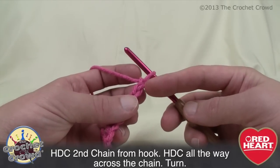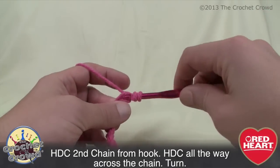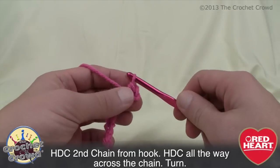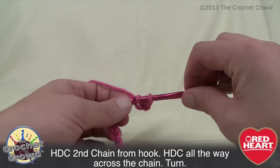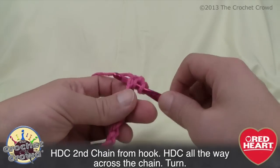We go second chain from the hook, so 1 and 2, and we just wrap the yarn and going in, wrap it and pulling it through. You end up with 3 on your hook, and then you pull through all 3. Half double crochet. We are going to do that in every chain going all the way across. So we just want a nice edge, and this is acting as the edge